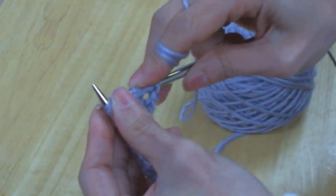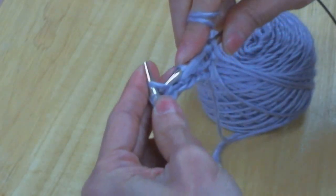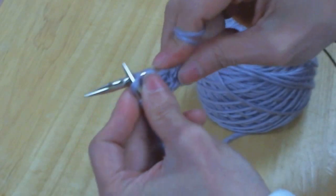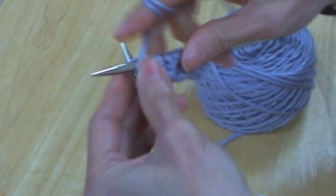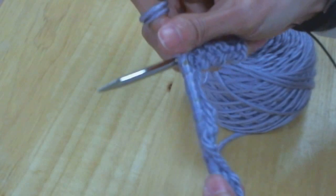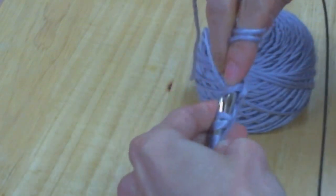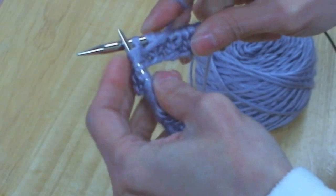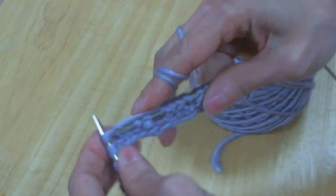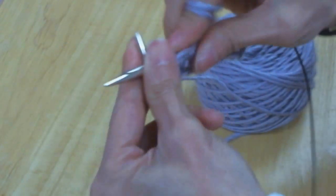purl 1, and then knit 1, purl 1 3 times. Knit 1, purl 1, knit 2, purl 2, and knit 3, purl 3, and then purl 1. And you're going to repeat starting at the yarn over. Again, the yarn's already in the front. You're going to yarn over, purl 2 together, purl 1, and then knit 1, purl 1 3 times. Knit 1, purl 1, knit 2, purl 2,